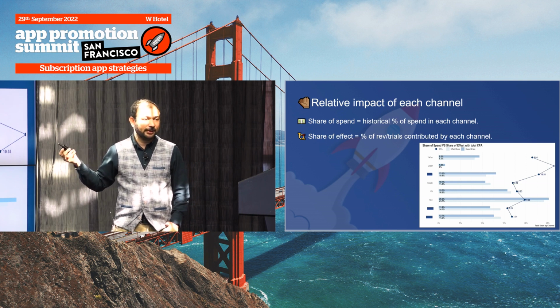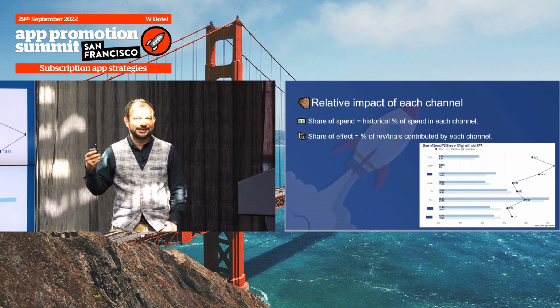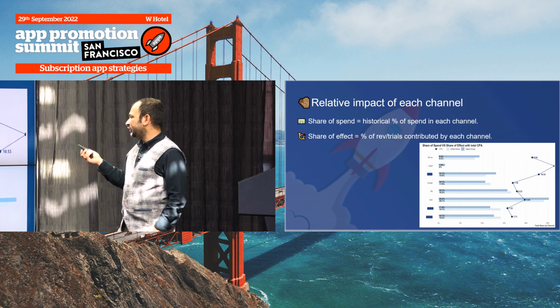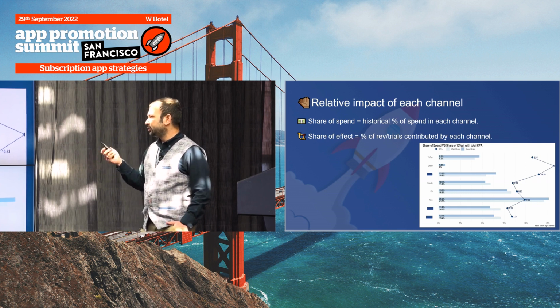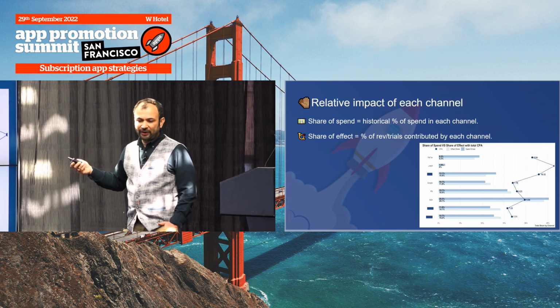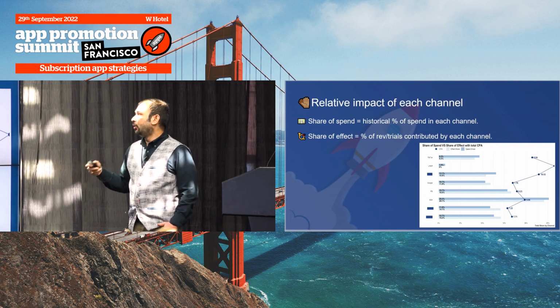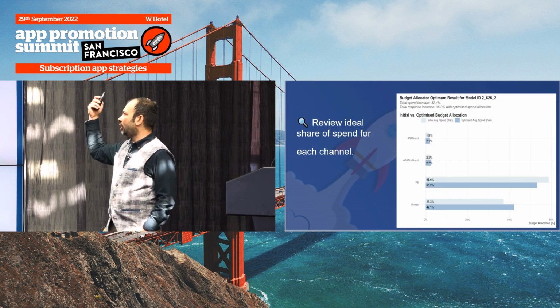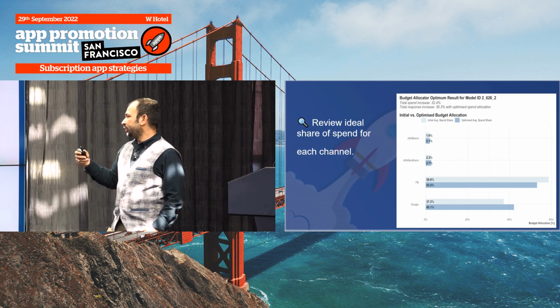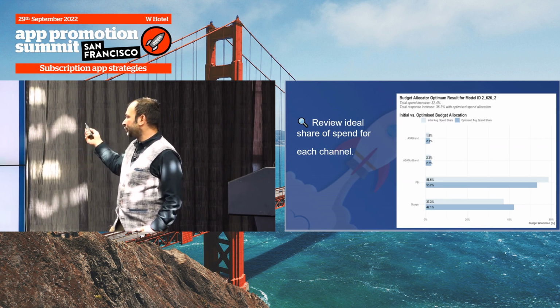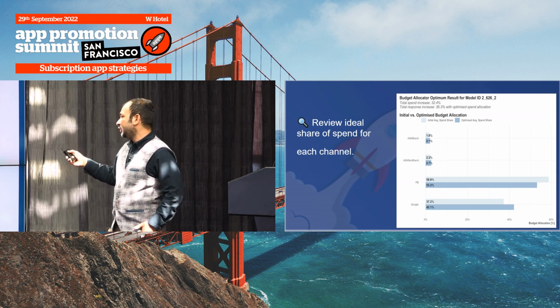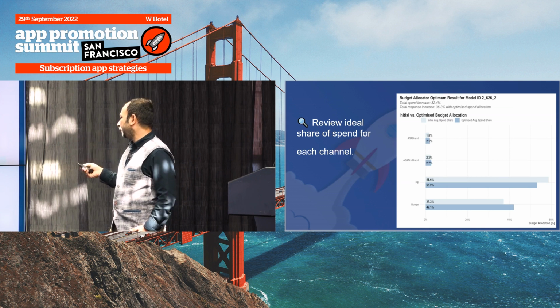And this becomes especially important when you see Scan giving you completely nonsensical numbers. You get $600, $700 CPA, so you just can't compare that. So you need this to level set what's the actual share of effect of each of your channels. Right? The other key output you get is what's your ideal versus actual share of budgets. Right? So you say, look, this is your current share of budget on Facebook. It's 58%, but actually your ideal share of budget should be 53. On Google, it's 37. It should ideally be 42.